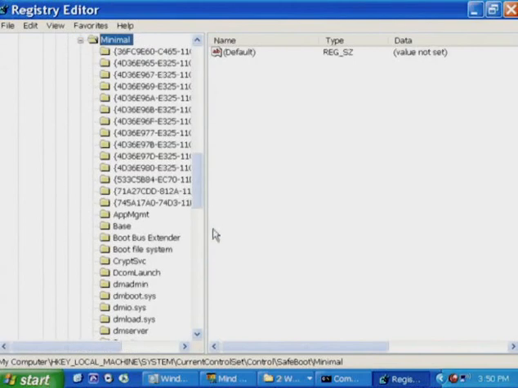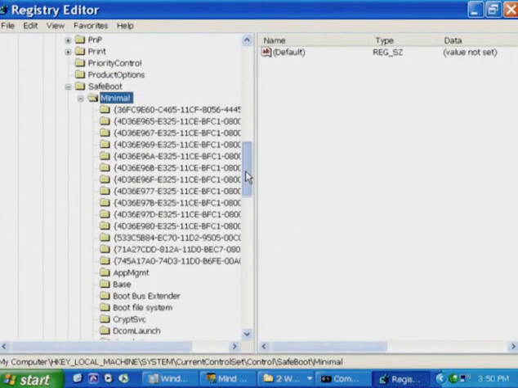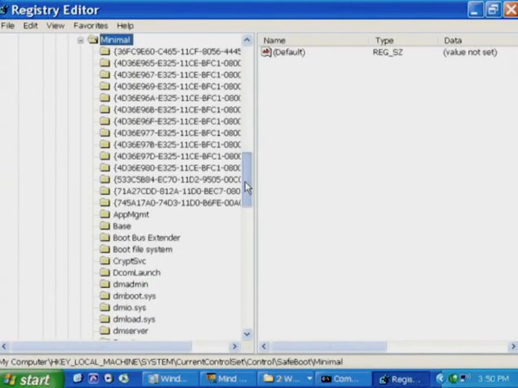If we open up one of those keys and look at what's underneath them, we see something very similar to what we saw under the Services subkey, where drivers and services are registered. The way that safe mode processes this is the I/O system, early in the boot, when it's going to load boot start drivers or system start drivers, checks to see if that driver is listed by its group value or explicitly by name here in the appropriate SafeBoot key. Only if it's present there will it actually start the driver. The same thing applies to the Service Control Manager later in the boot process, which looks in here to see if it should start the service.